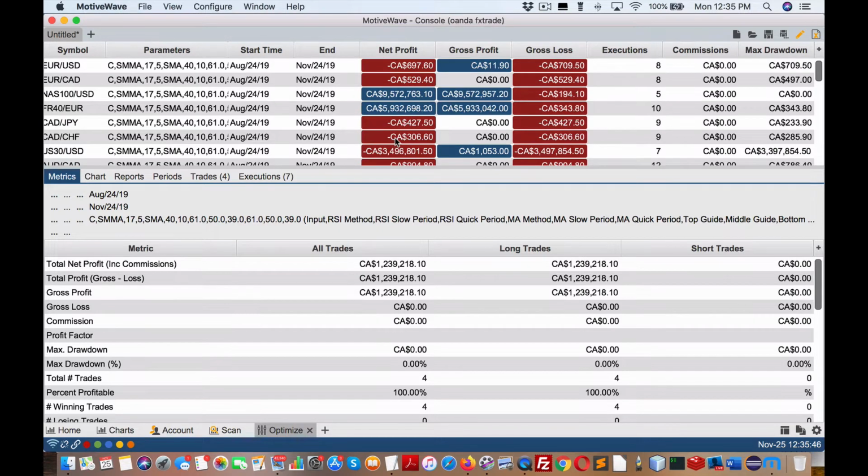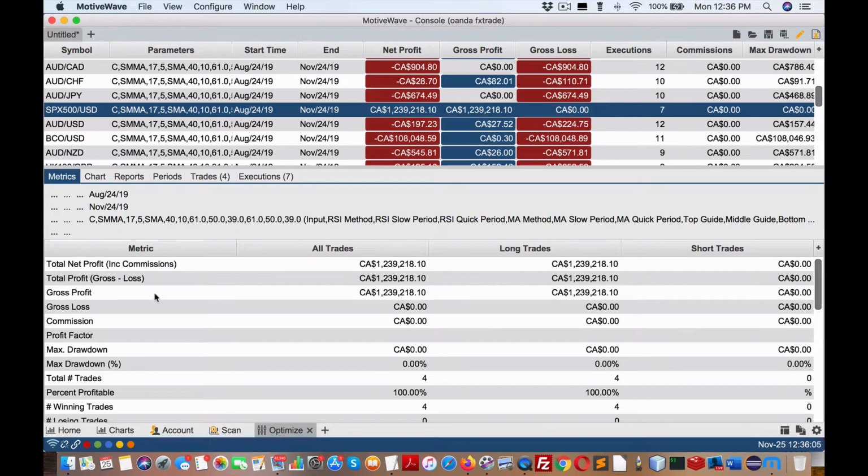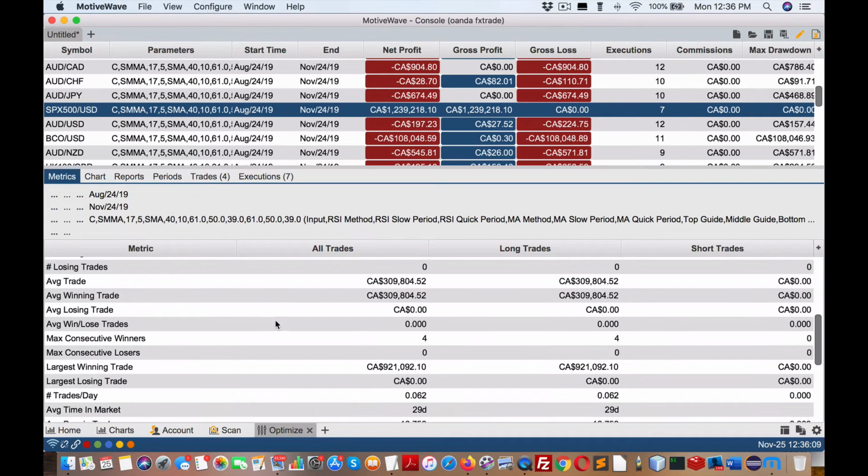So, what do we take away from this lesson? If you were to just again do simple RSI, and just focus only on the winner, SPX 500, you would have clearly paid off your house in no time, depending upon your starting. But you can see here, the performance has been so stellar